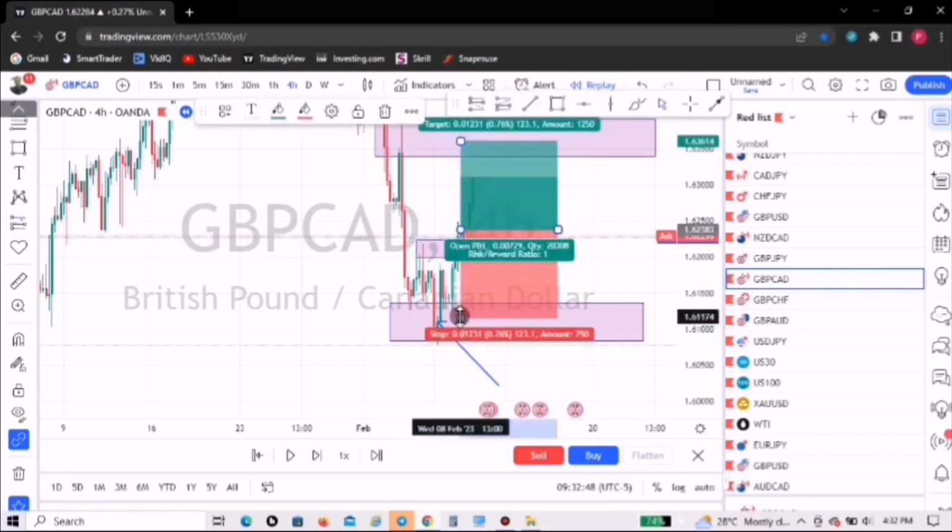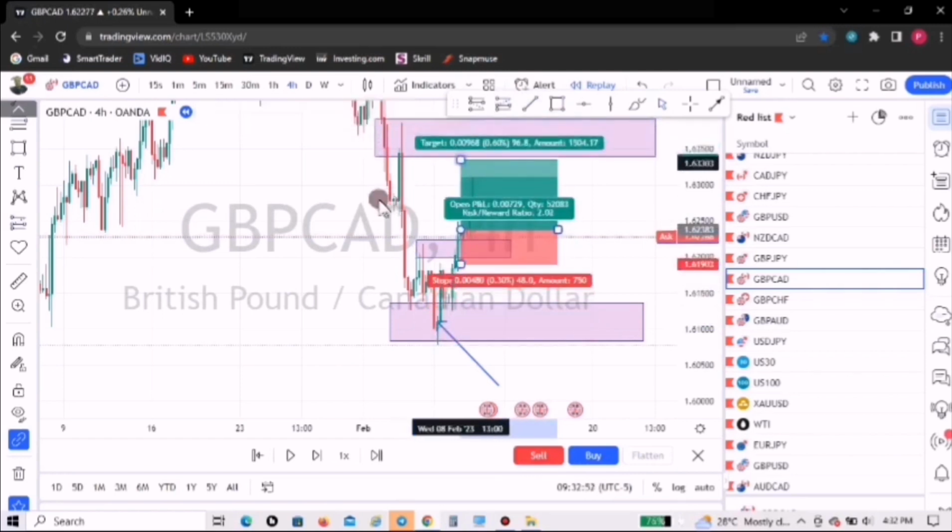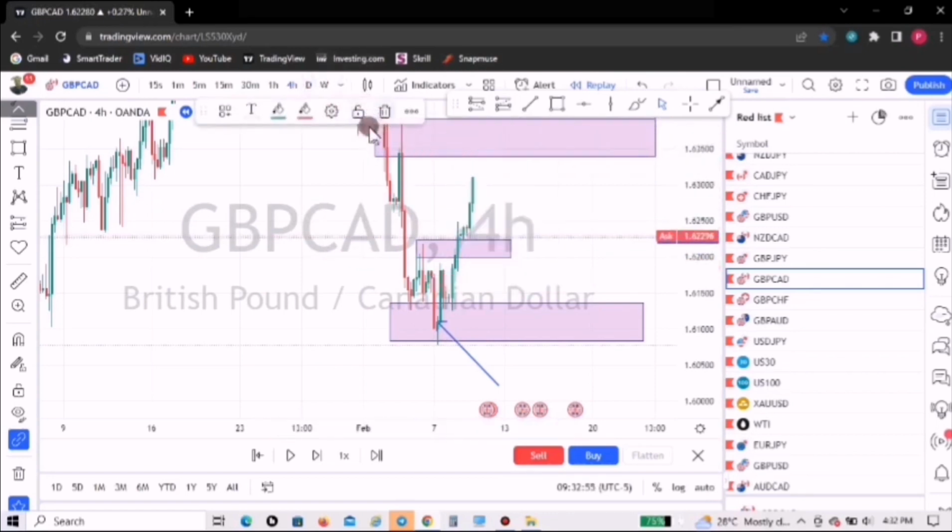Such a person would have taken a trade, sort of a short trade right there. Okay, but